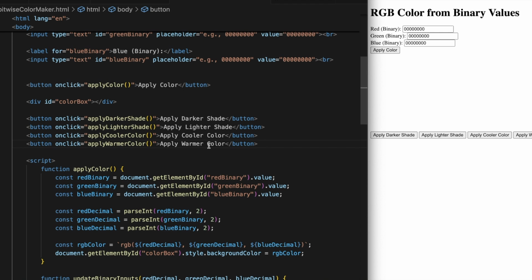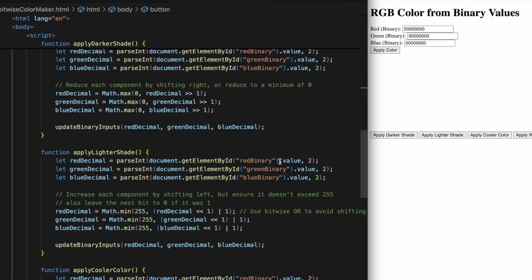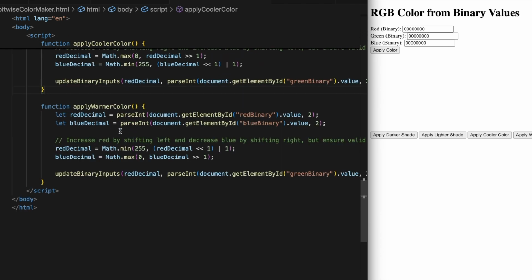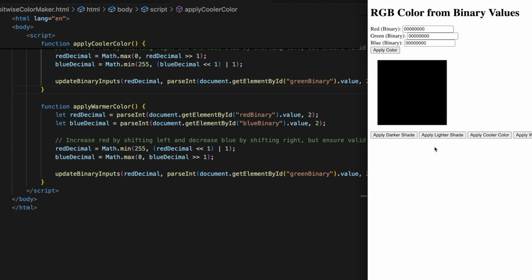So we add a button to apply the warmer color, and then we'll implement that. For warmer color, the reds go higher and the blues go lower. So let's see if you apply the black,